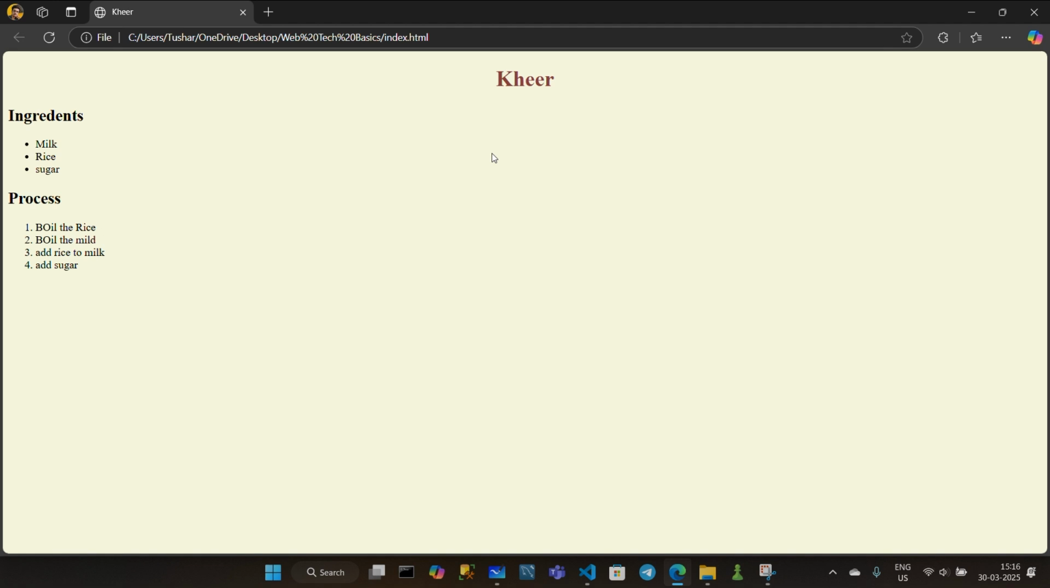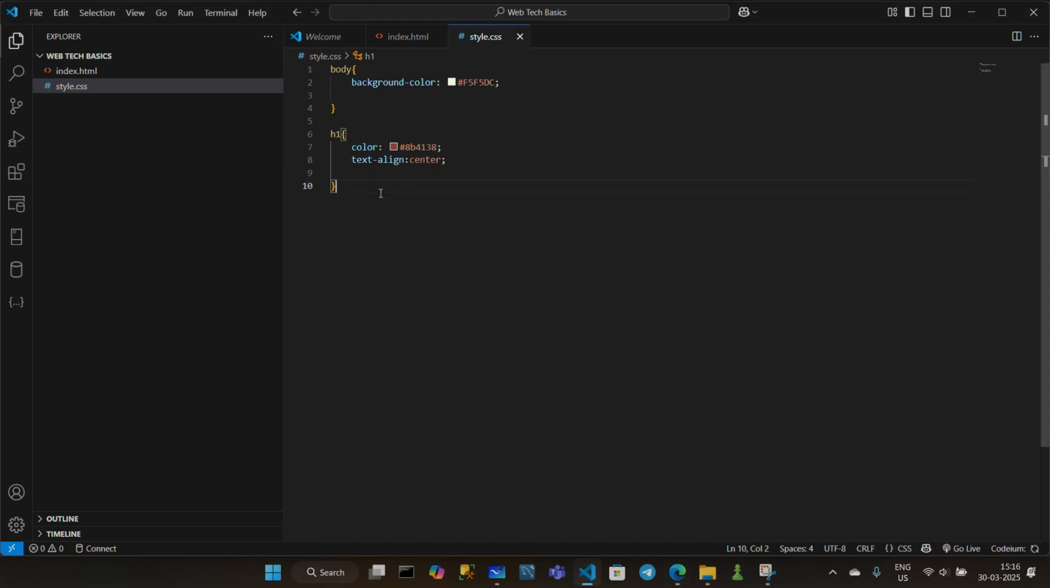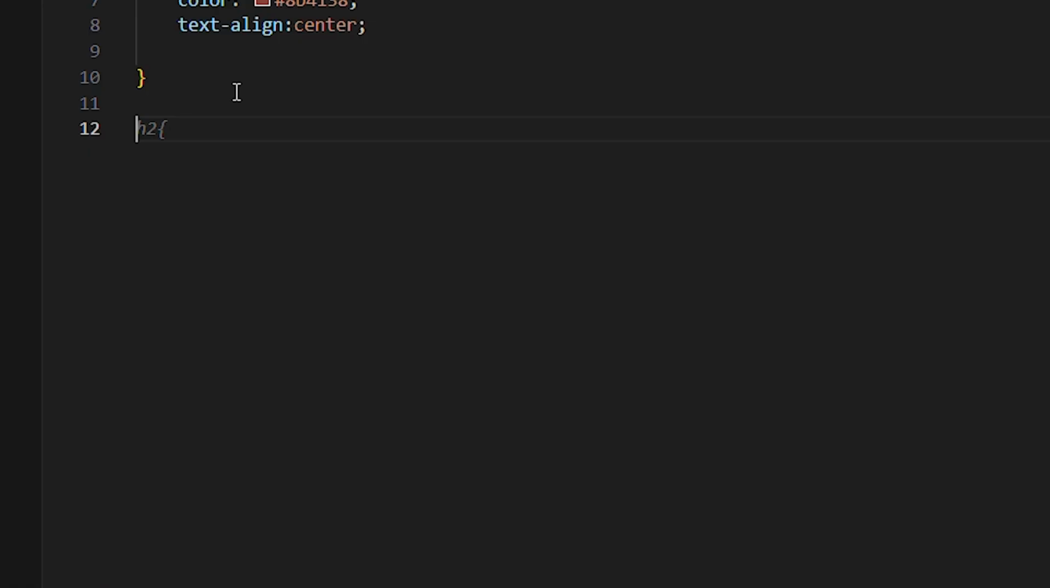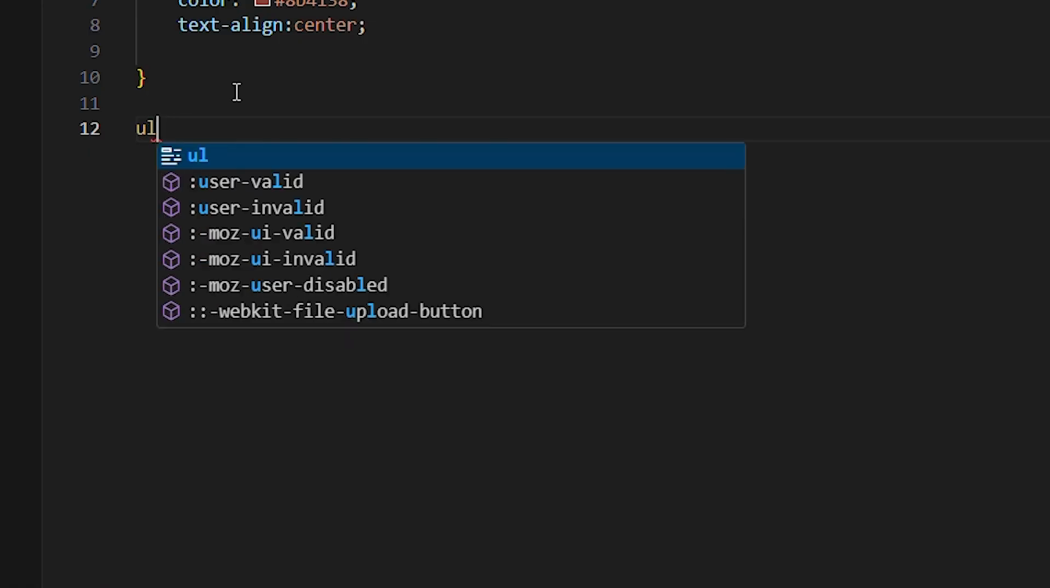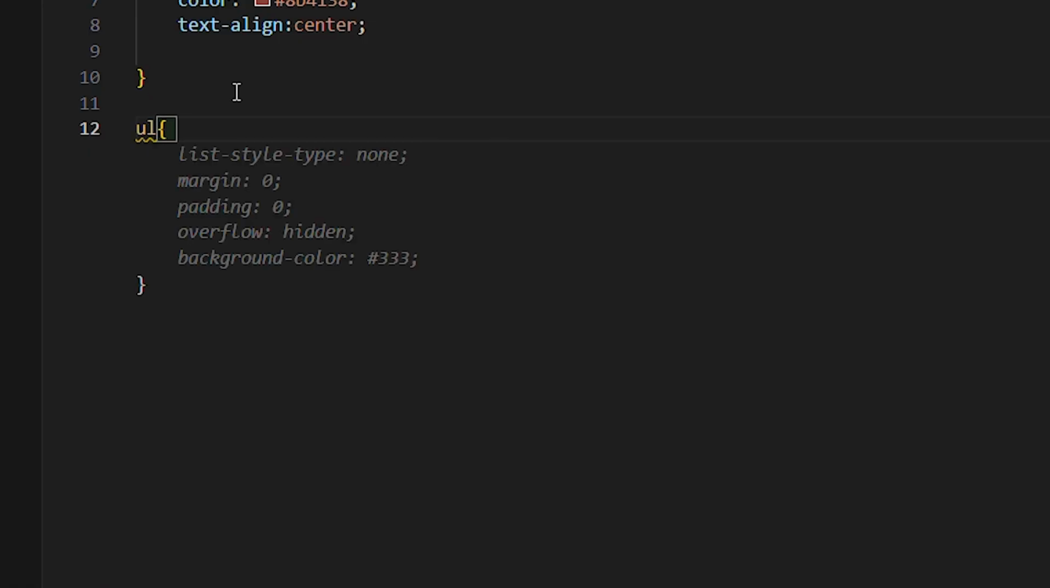Now next up, let's make the ingredients and steps pop for the unordered list. Unordered lists are the ingredients. To make them better, any guesses which selector we have to choose? Unordered list. To style the unordered list, in the unordered list,